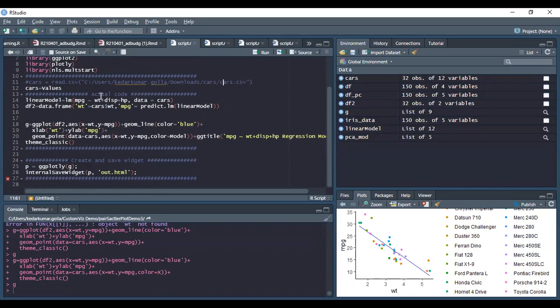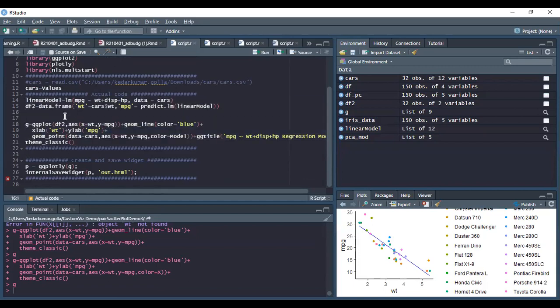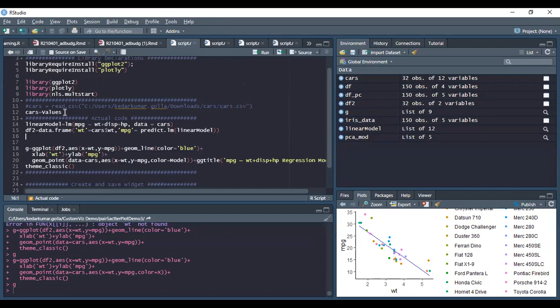In place of the actual code, I have written only these few lines of code. First, we need to connect Power BI with this particular R script. This values is nothing but the data flowing from Power BI. We need to assign this values data frame to any data frame which we want to use further. So I'm assigning the values data frame to cars: cars equals values.